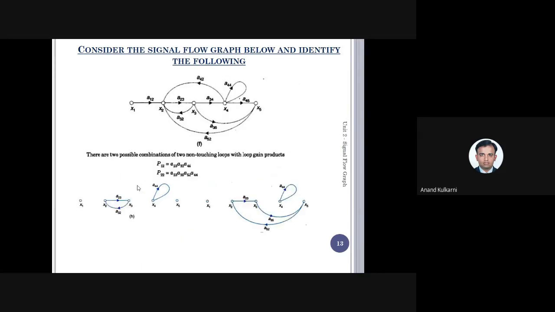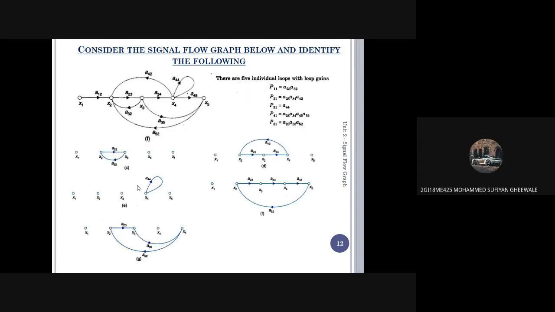Now, as I told, Sir. Yes, tell me. Sir, can a self loop be considered also for a forward path? No. As I told, for the forward path, in most conditions, the loops, because it has not gone to termination, usually happen somewhere at an intermediate point only. It is contradicting because, in case of a forward path, what is a forward path? It is having only input. It does not have the feedback. In this case, what has happened? It has gone outside but returned. So I cannot consider this a forward path.